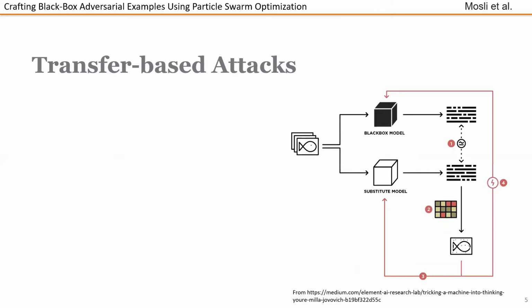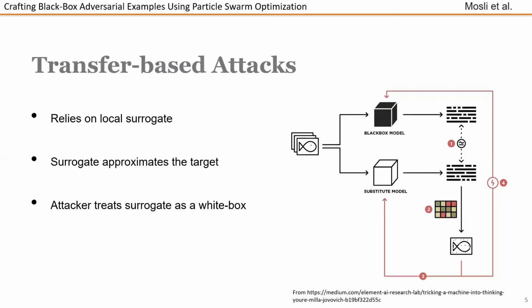There are two main ways to launch an attack against a black box model. The first type, known as transfer-based attacks, trains a local surrogate that approximates the target's decision boundary. The approximation is done by iteratively retraining the surrogate using specially crafted samples that are labeled using the target model. Once the substitute model is trained, it is then treated as a white box target for which the attacker has greater knowledge and access. The attack relies on the transferability of adversarial examples, where examples generated on and misclassified by the surrogate are also misclassified by the target model. This approach, however, has been shown to be less effective than the second type of attack.